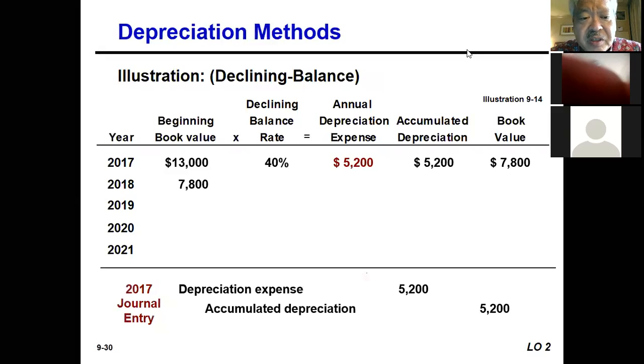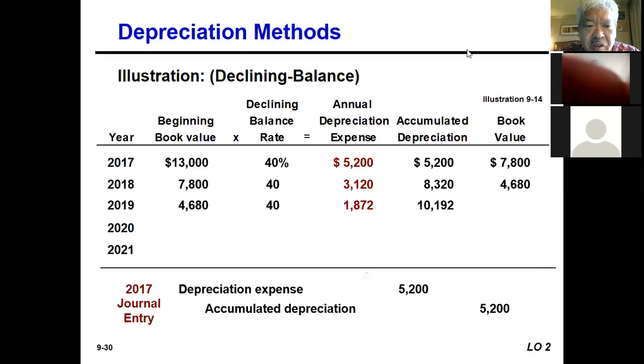Now notice in year two, we start with the book value, 7,800, which was what the book value was at the end of year one. So year one ending becomes year two beginning. We're still applying 40%, but now it goes down to 3,120. Accumulated depreciation will go up to 8,320. And the book value will be the 13,000 minus the 8,320, or 4,680. And then we just will keep following this process, reducing the book value every year, okay, until we get